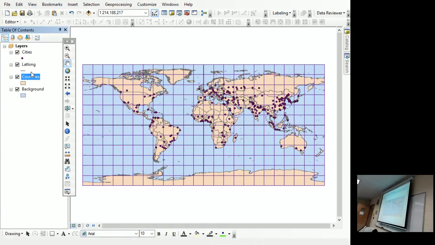So just to have it straight in my head, the layer that's the lowest on the list is the last one drawn? It's the one on top? No, the one at the bottom. The first one draws first, so it sees cities and draws cities on the top layer. Anything underneath cities, just think of it as almost like a pie. Yeah, a sandwich.